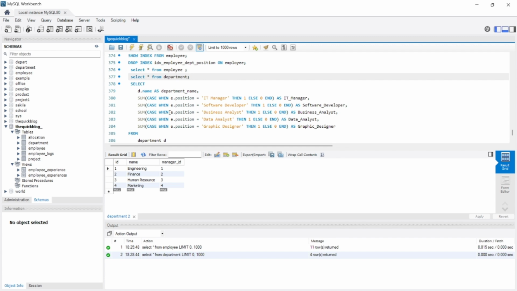And then in the second case, if the position is software developer, then it will count as one, otherwise it will count as zero, and the column name will be software developer. That means the field name will be software developer. Similarly, these are some of the positions I want to count, or I want to know the number of employees working in these positions. And